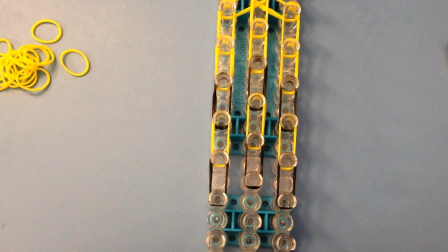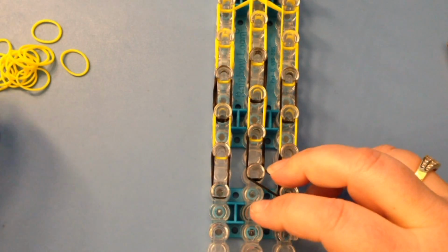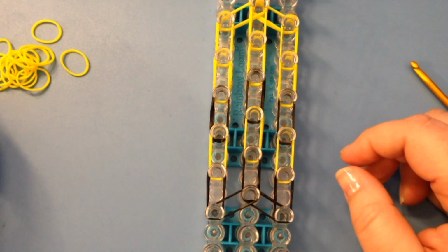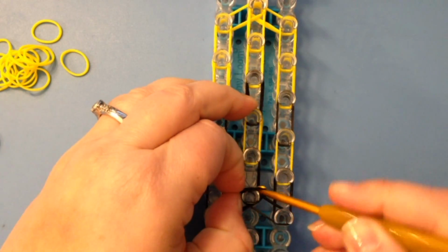So what we're going to do for the shorts, I'm going to take two, go from the centre to the right, and two from the centre, oopsie, to the left, push down so you've got room. Alright, now we're going to put a little end cap on here, so take a single band and wrap it around your hook once and twice, and that's going to pop on right here. Okay,